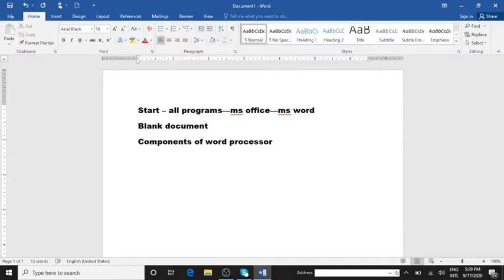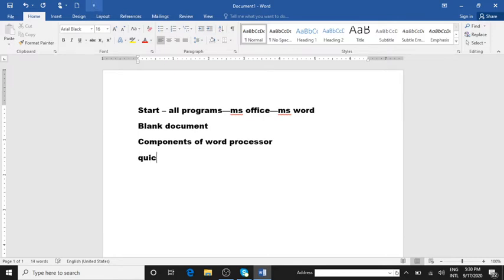First one, we shall come from the left hand side, top corner. Save, repeat, the hand symbol, which is called touch mouse mode, another new blank document. This whole thing is called the quick access toolbar.